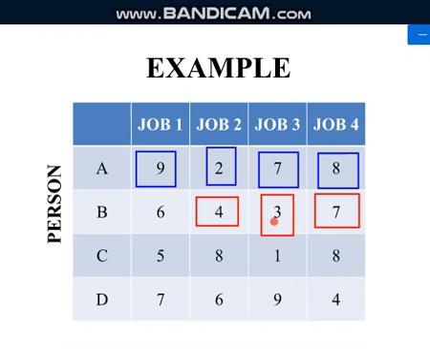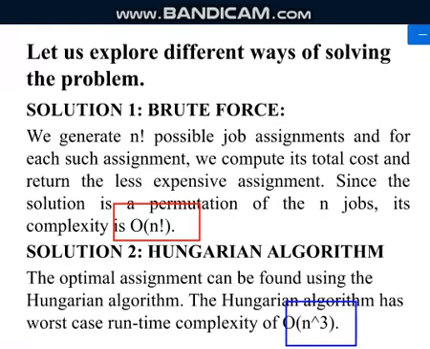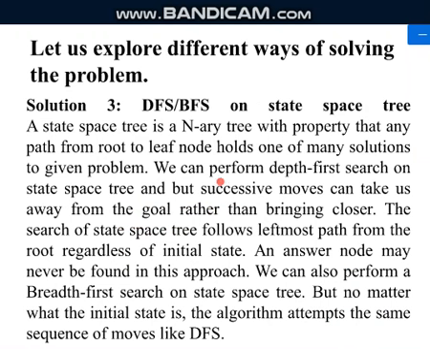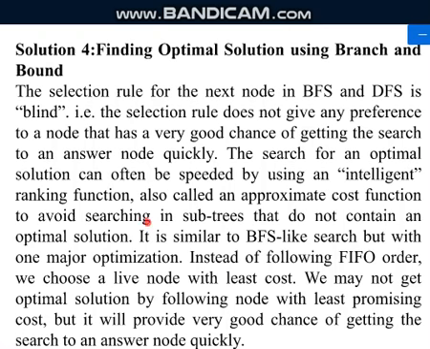So every level, every node will have multiple branches. So first time the root node will have 4. Again now in level 1 all the nodes will have 3 children, that is 3 branches. Then after the next level every node will have 2, and in the next level every node will have 1 child. So that is nothing but the same n factorial kind of thing, isn't it? But the combination of the two might take less time. Yes, let us see. Okay, this is the optimal solution using branch and bound.